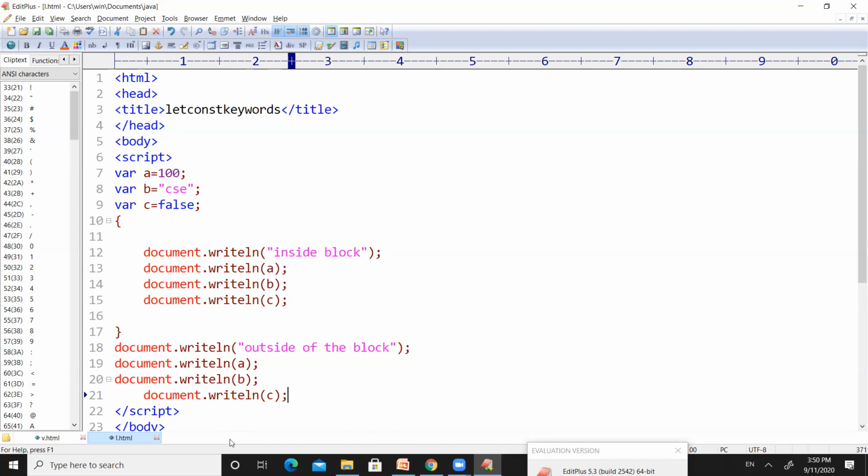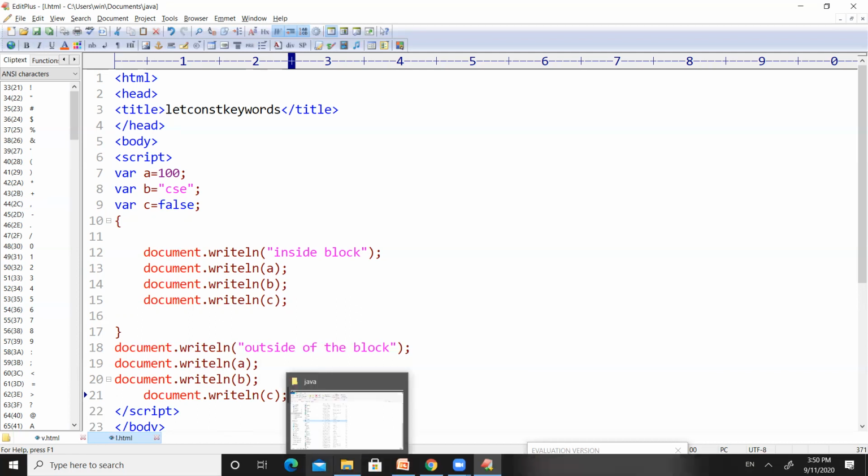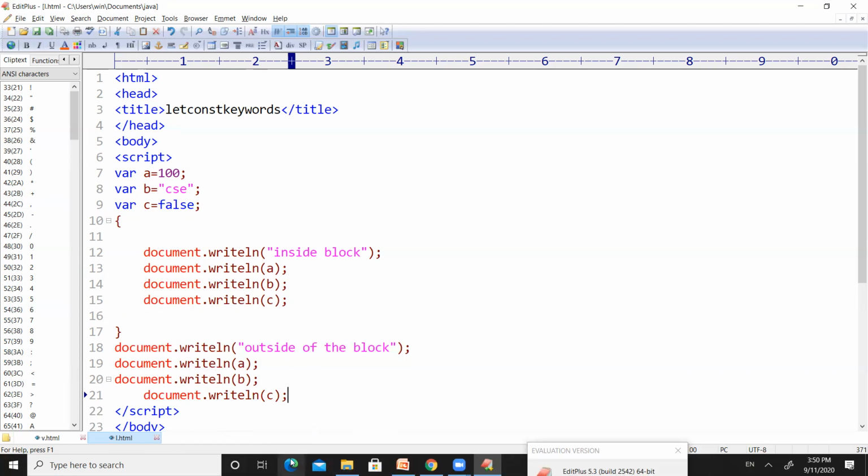Now let us save this code and observe the output. The program name is l.html. I haven't written another program; I'm just modifying the previous program.